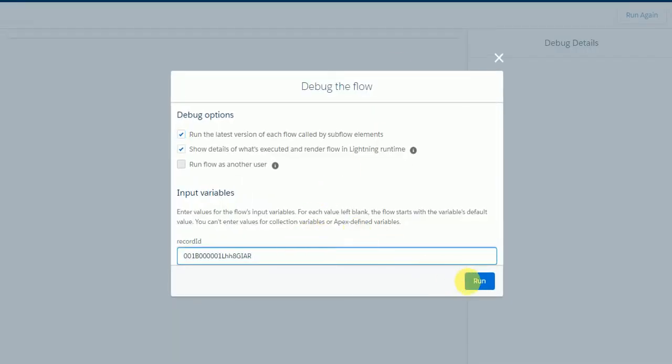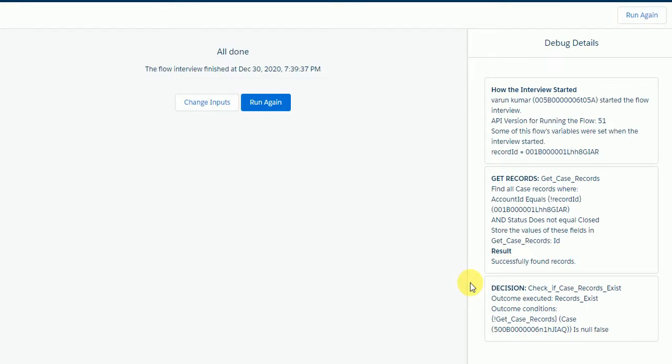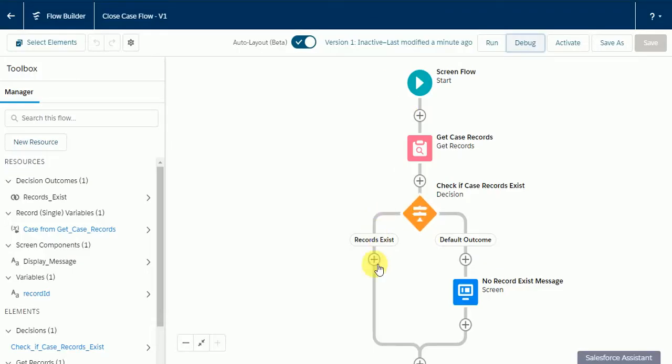Just give the record ID and click on run. Okay, now that means we are getting two records here. In the debug log, you can see successfully found records. So this outcome is executed now, and this outcome is missed, like this condition is satisfied. That's the reason this outcome is executed.